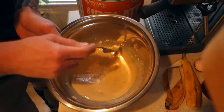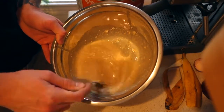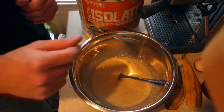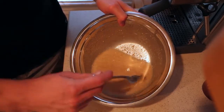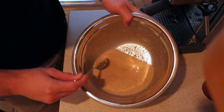So again, at this point, if you're finding it a little bit liquid still, odds are the oats haven't started soaking up the liquid completely yet. So you can just let that sit for 10 or 15 minutes and it should be good to go. And when your batter is ready to go, it will still be a little bit fluid, but it will have a thicker texture. You'll see if you drag a spoon or a fork through it, it will kind of drag